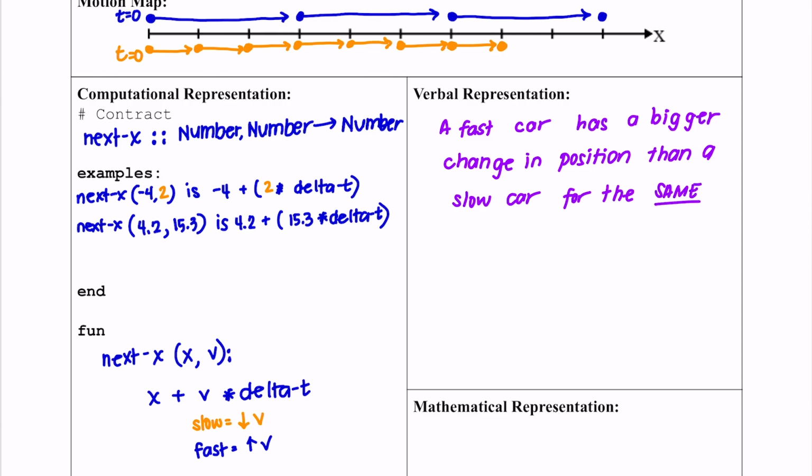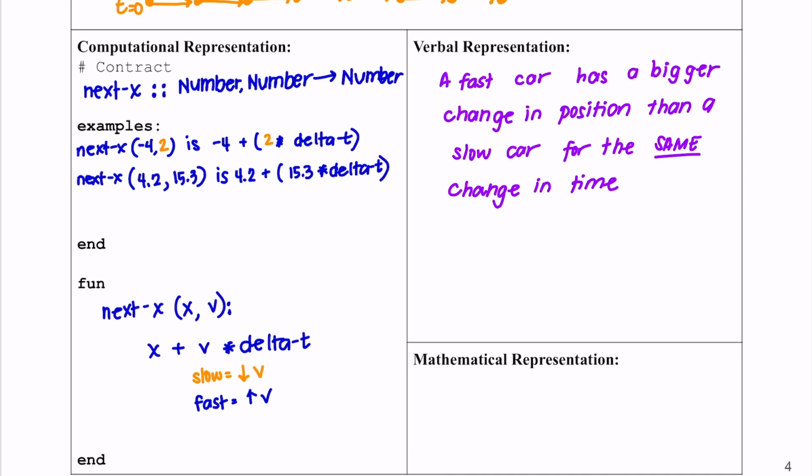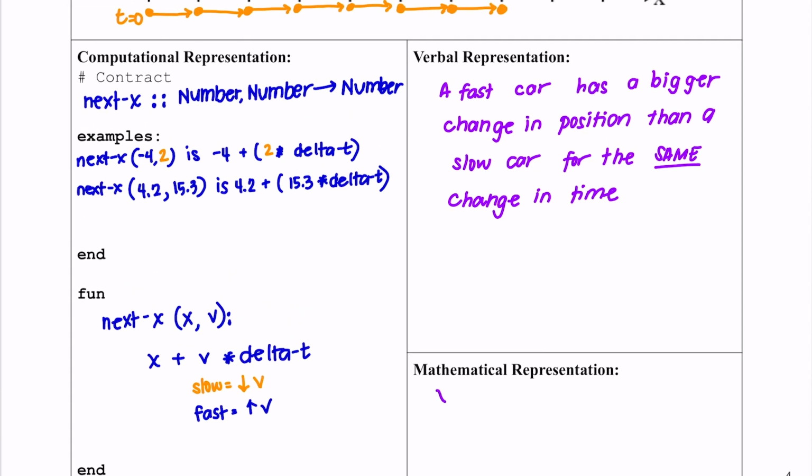And so for the same amount of time, the fast car is going to have a bigger change than the slow car. All right, and so we'll see that it covers more distance on our motion map and on our